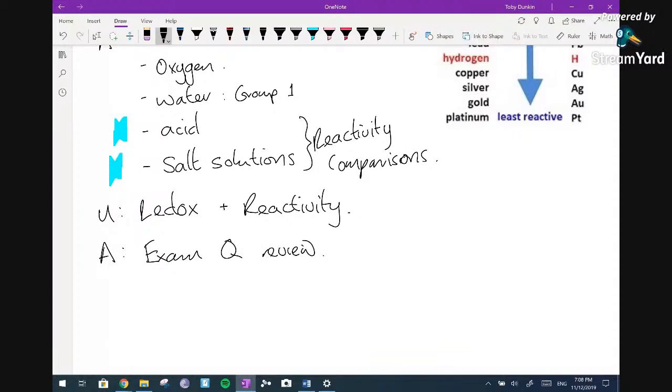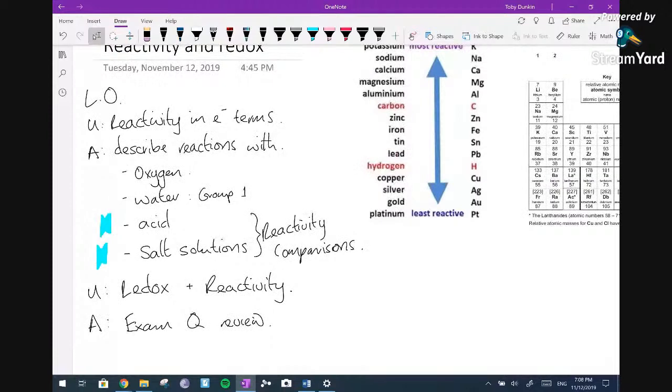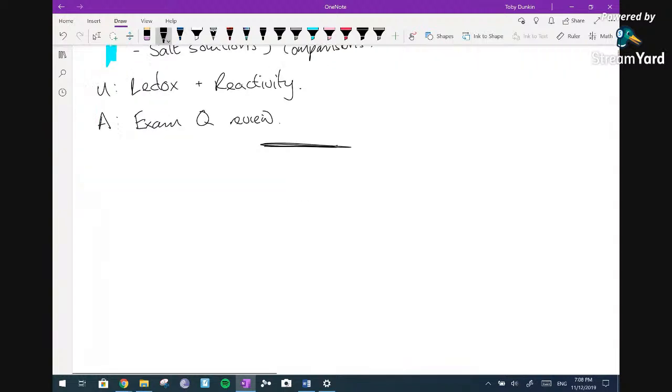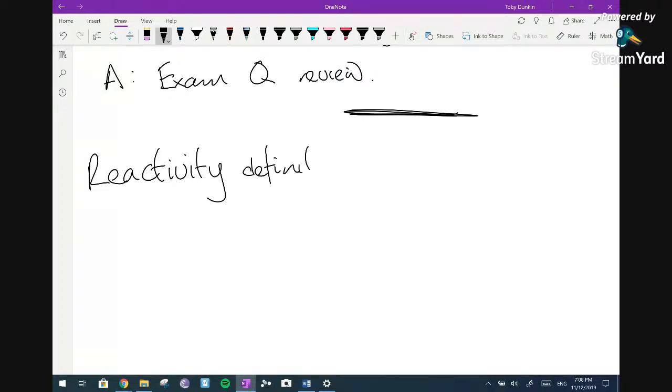Right. So let's go back to the beginning part of this in terms of electrons and the reactivity series. So I think the first thing that we can do is to try and define this term reactivity. And we have to look at this in two settings. Reactivity definition. We have to be really careful here because reactivity gets used